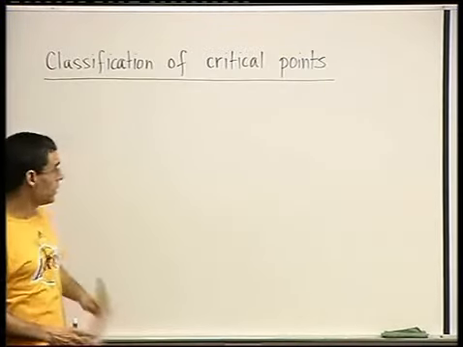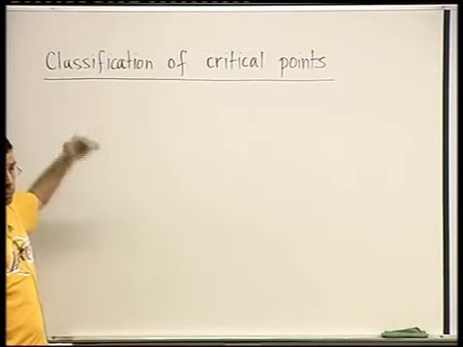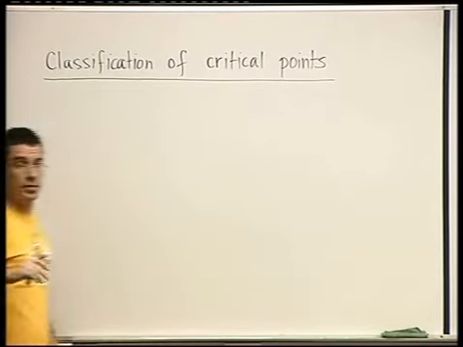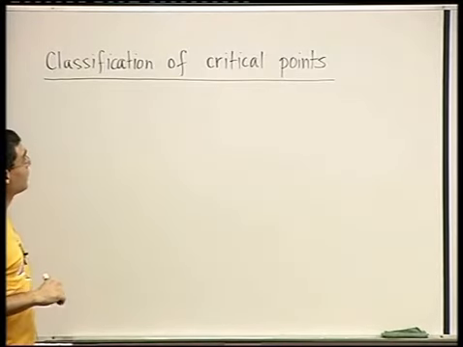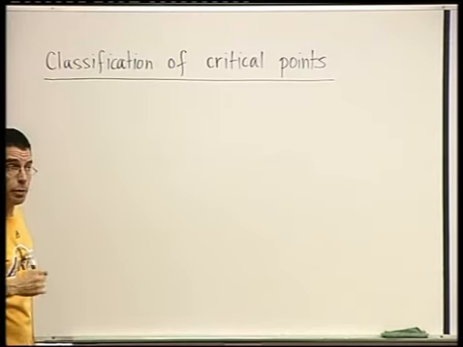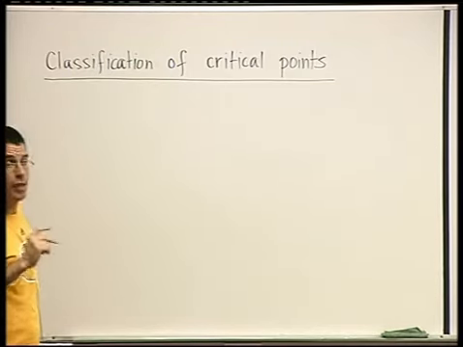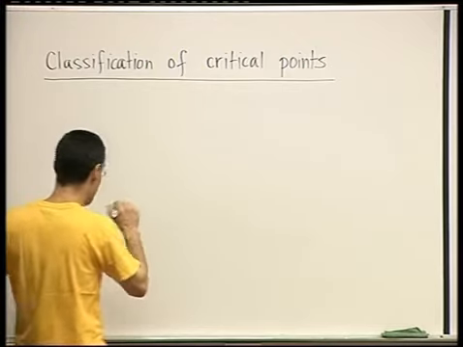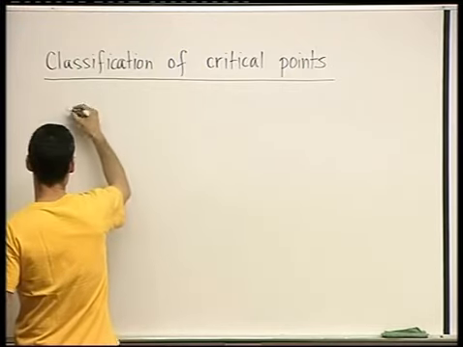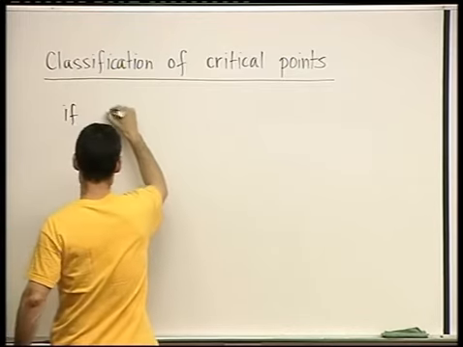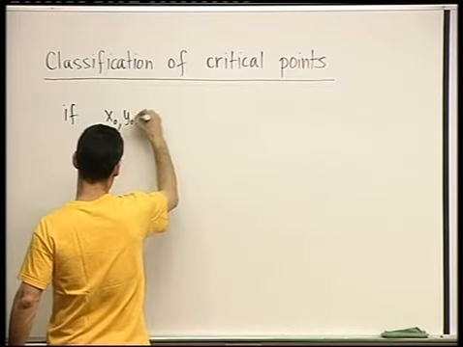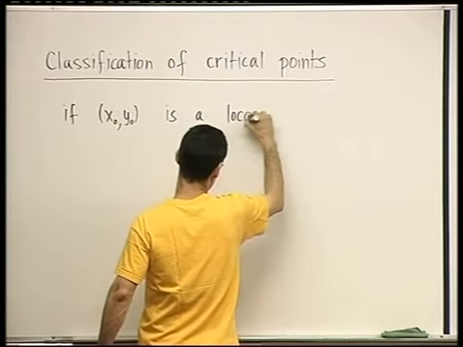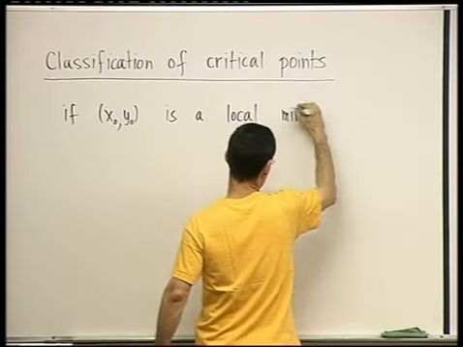Our next goal is to classify points which were found using what we call the Fermat theorem, points which we called critical points, points which are suspected of being either minima or maxima, but are not necessarily. So let me remind you what we know. So if x0, y0 is a local minimum or maximum